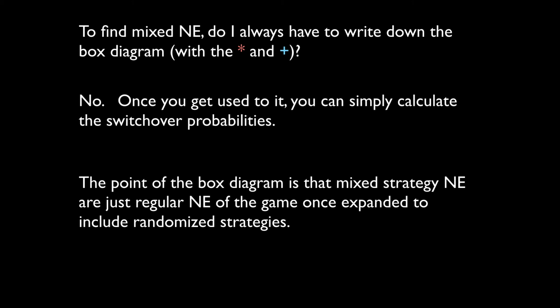Some people don't like mixed Nash equilibrium because, in the penalty kick game, it seems pretty clear that they would be 50-50, right? That seems totally reasonable. But here, in this game, there are two perfectly fine pure Nash equilibria. Why do I have to do this thing where people are randomizing? There seems to be no reason at all why people would randomize in this game, and I think it's a valid reason. Some people really do not like mixed Nash equilibrium for that reason. Sometimes it makes sense and sometimes it doesn't. In this game, it seems crazy to think people will actually randomize, even though it actually is a fine Nash equilibrium. So it makes you think about when mixed Nash equilibrium is reasonable and when it isn't.